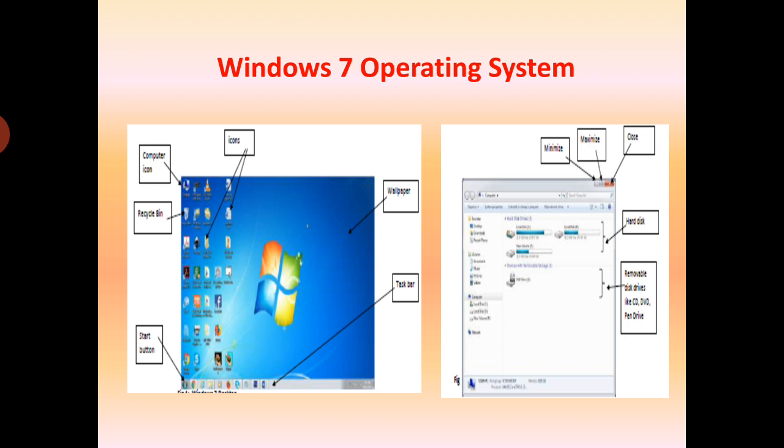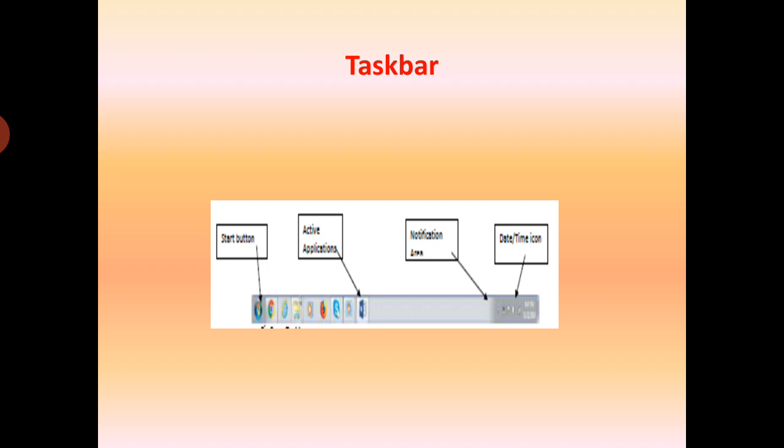At the bottom of the desktop, there is a long bar called the taskbar. To the left of the taskbar is the start button. Now, the taskbar. It is a long horizontal bar present at the bottom of the screen. To the left of the taskbar is the start button, and to the right appear the date and time. You can also see icons of active applications and some shortcuts on the taskbar.